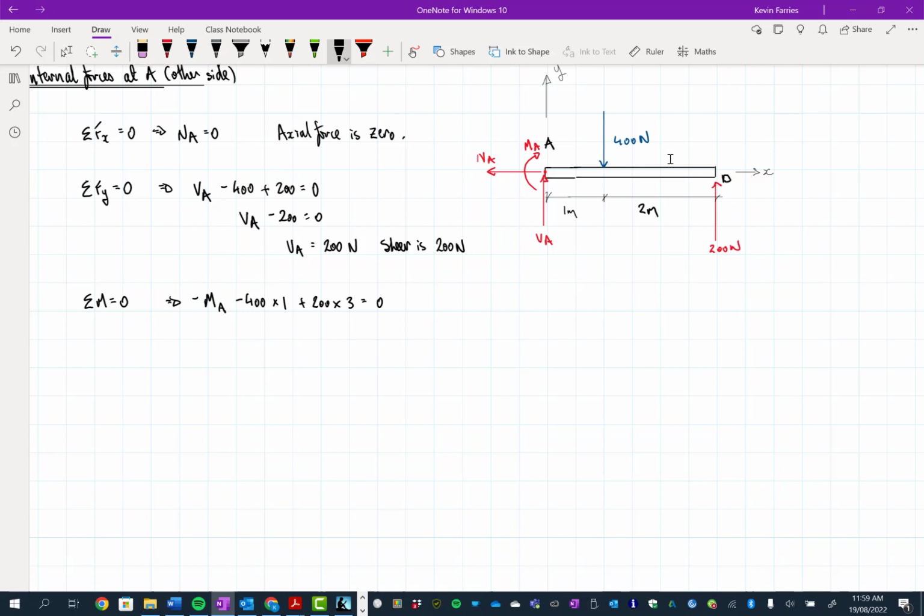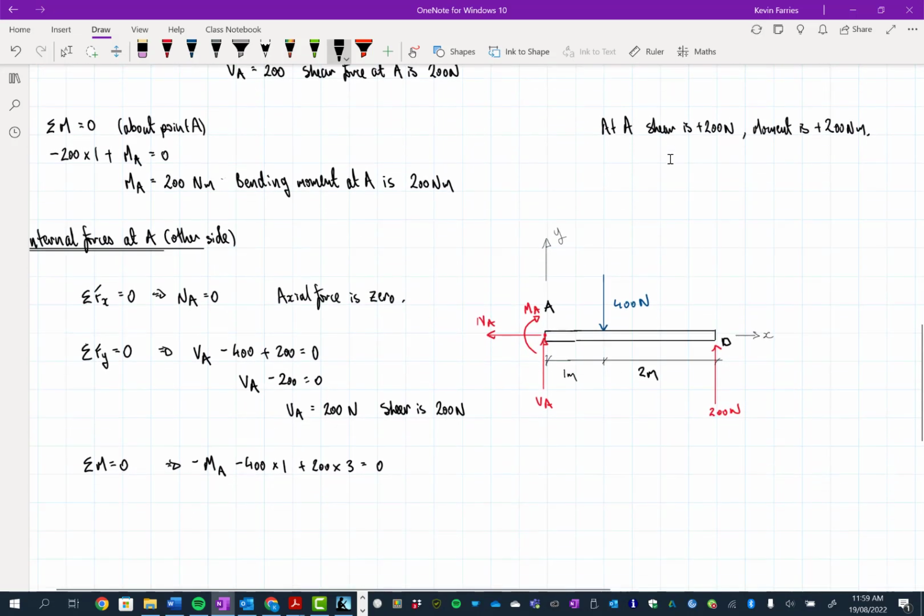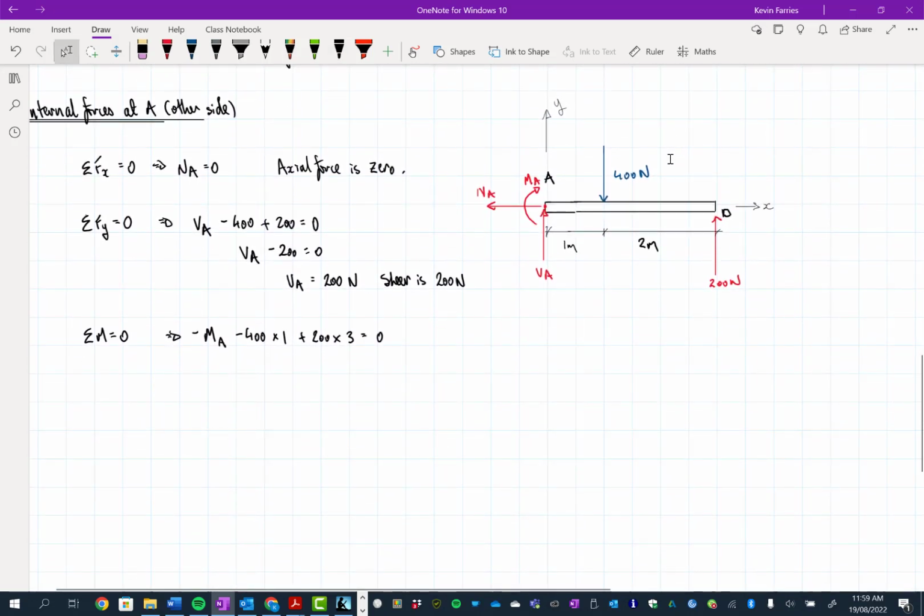So let me just have a think about that. It's negative. It's also negative. Okay. Yeah, that's cool. So therefore, just think about if I got that right. I have. Yep. Well, let's just keep working through it, and then if I've made a mistake, we'll go back and find it. Negative MA is equal to negative 400 plus 200. It looks okay. So that's going to be plus 200 equals 0. Therefore, I'll take the MA over and then swap sides. So MA must be equal to,